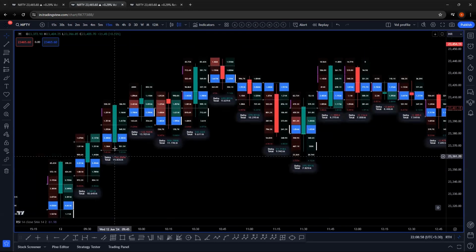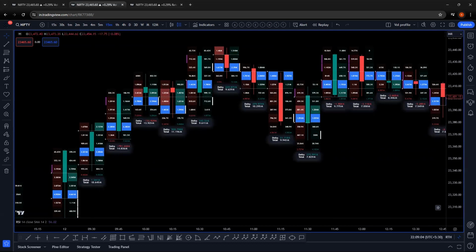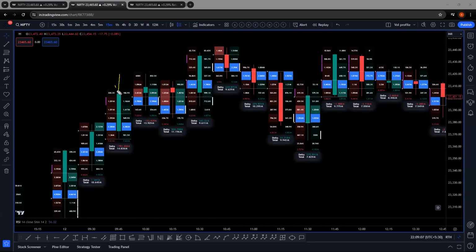Now, be aware that 9:45 onwards, you see that there is a green color candle with a red delta, right? That means the price has gone higher, but the buyer who was buying the market started booking profits. Price is going higher, and the volume tells us that there is net selling in that candle. This was the update I gave in the Telegram group at that time. So watch out, there has been selling from 9:45 itself.